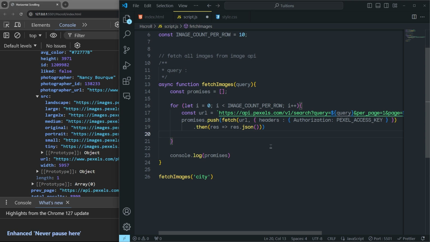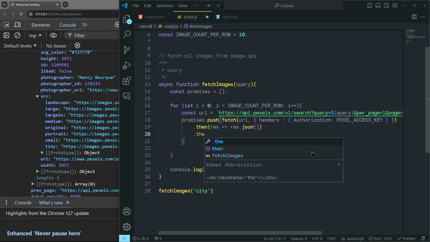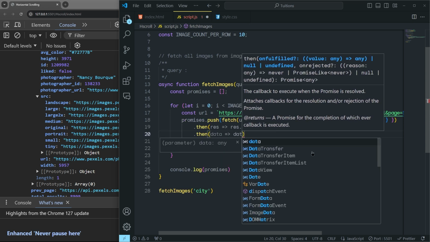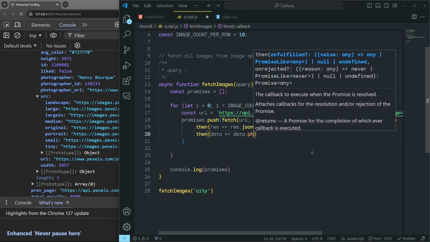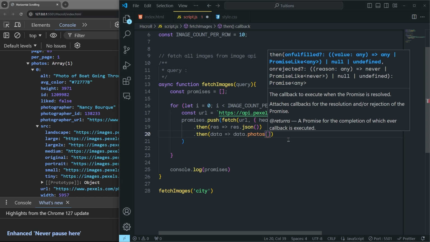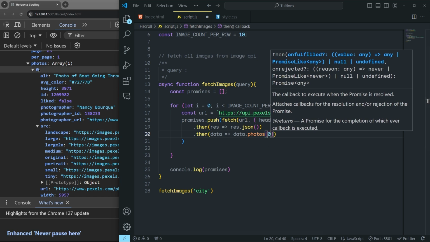Now, just after that, you have to create a then function again, just after this then. But keep in mind, you have to wrap the then function inside this push. So just after this bracket, right here, you have to say dot then, and then I'm going to say data, and I'm going to pass here data dot photos, this property, and then to this photos property, I'm going to get the first index, this 0 index, and to the 0 index, we have this